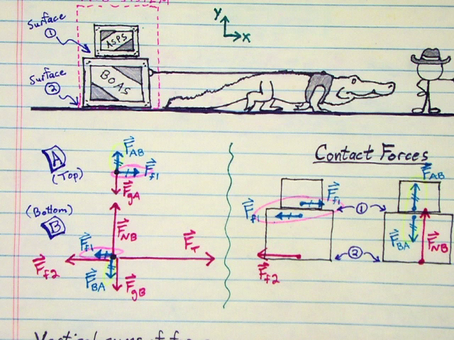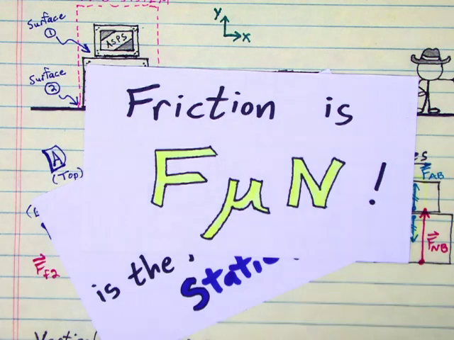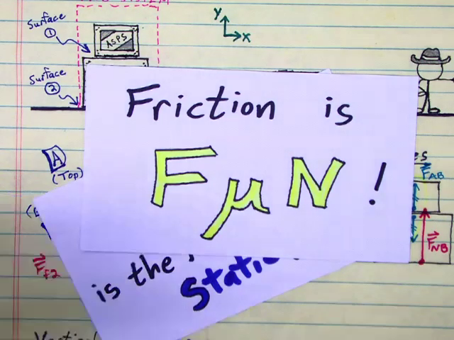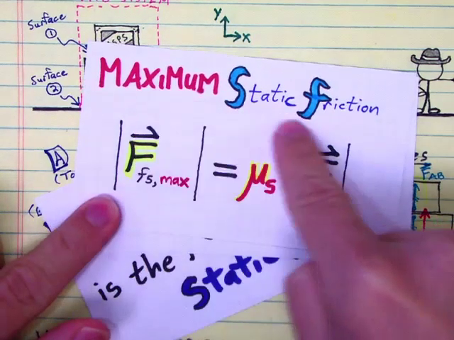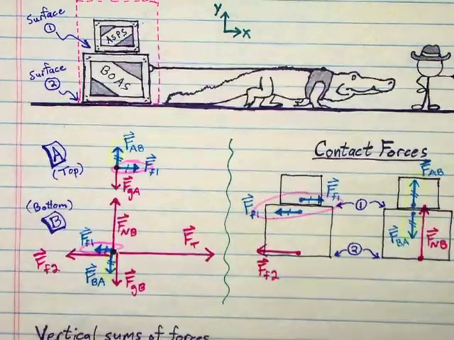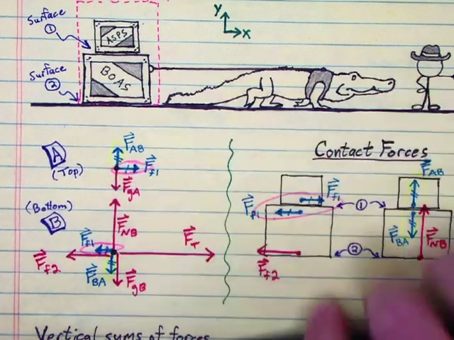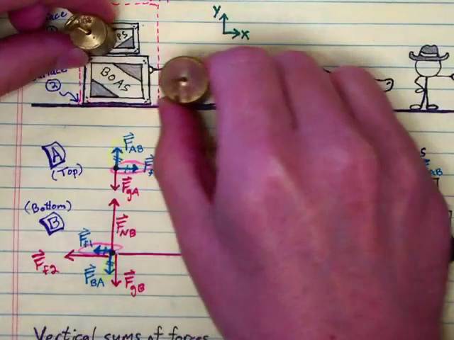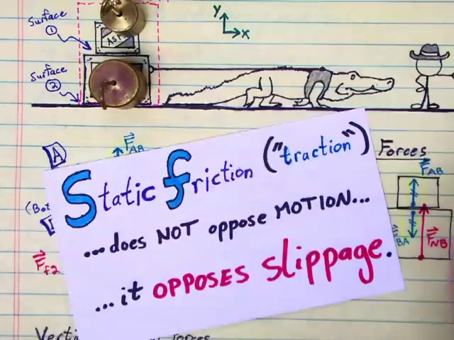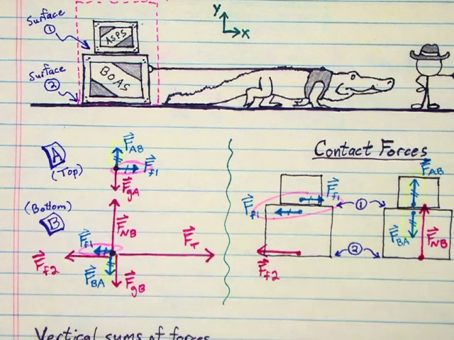You might be tempted to answer that question by jumping right to a formula like this. Friction is fun, but recall that this formula doesn't refer to the force of static friction always. That gives you the maximum force of static friction. And we don't necessarily know that that static friction is maxed out right now. This force of static friction here could be any size it needs to be to keep the two crates together, to prevent them from slipping apart. It's acting to oppose slippage. So we don't know how big that force of static friction is,